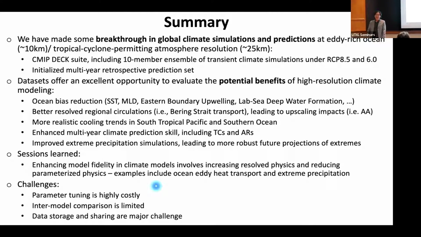The SWOT has actually been up for a year now, right? And the noise level seems to be much better than what people had expected. So you can actually go down to maybe just the two kilometer level, which was not what people had thought. Okay, so good. It's quite impressive.